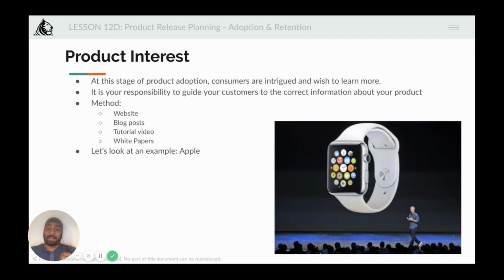Then there's product interest. You have to generate enough curiosity and interest in your product, and that's why the gadgets and the smartphones and the new age products, they launch their landing pages much before the actual product is ready, so that they can start generating product interest as early as possible, because generating product interest is a very difficult job. And they will create teasers, they will create all sort of messaging which will generate curiosity that the world